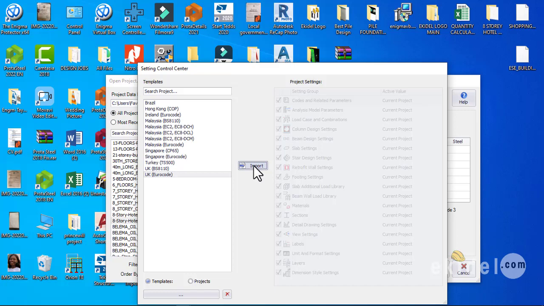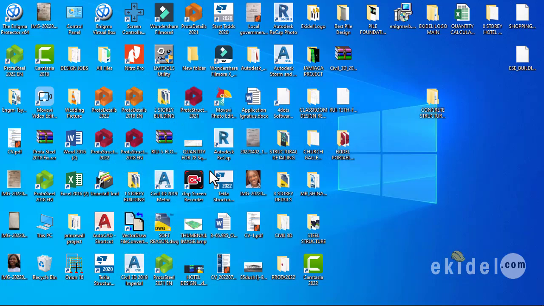Import. So I'll click on import now, to import this design codes and parameters into this project template. Okay, so right now let's hold on for it to begin to show the next software environment so that we can begin our structural